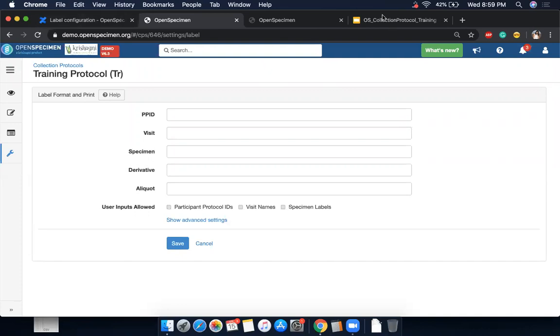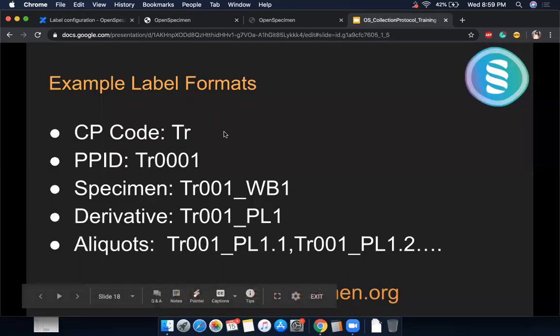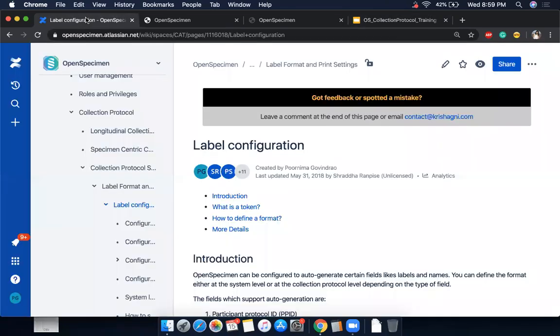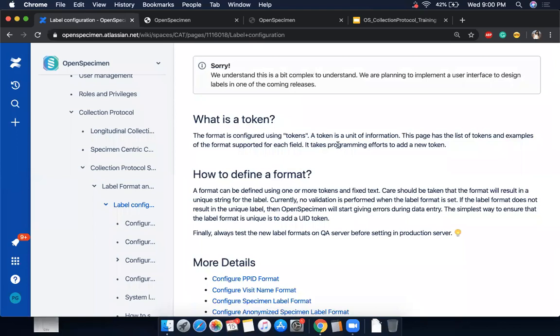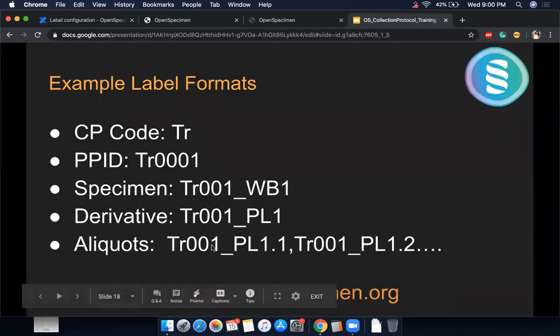Now in our example, we wanted to generate IDs in this format. So I'm going to use something called tokens. A token means a unit of information. Let's take the aliquot label.